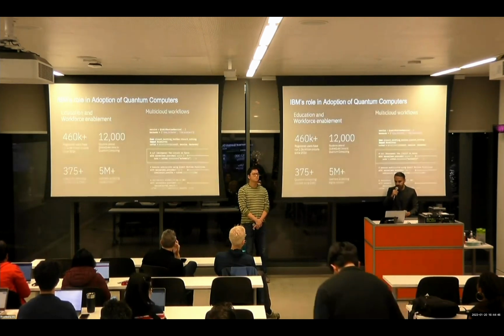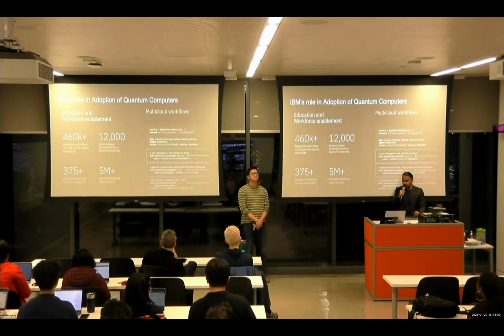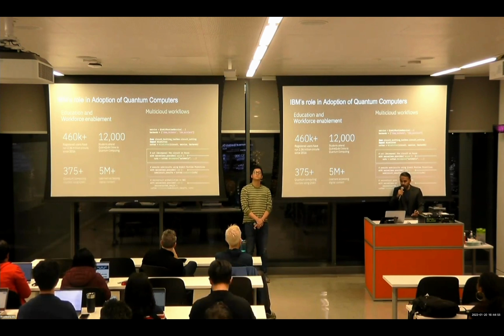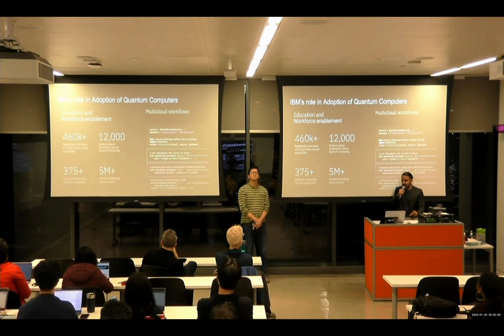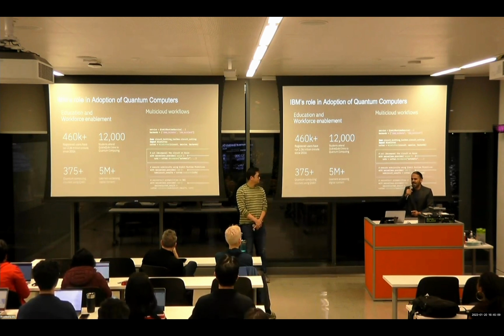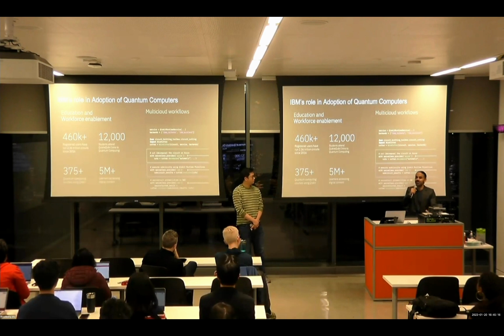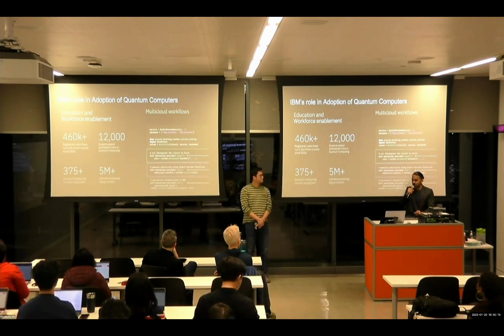Yeah. So what is the role that IBM is playing for the adoption of quantum computers? There are almost 460K plus students who are registered on their website. 5 million plus students have accessed that learning content, and they even have partnerships with universities to get students involved in quantum computing. And now they are getting involved with cloud providers like Azure and AWS, such that quantum is available as a service. You just go to the cloud and deploy your quantum workload.